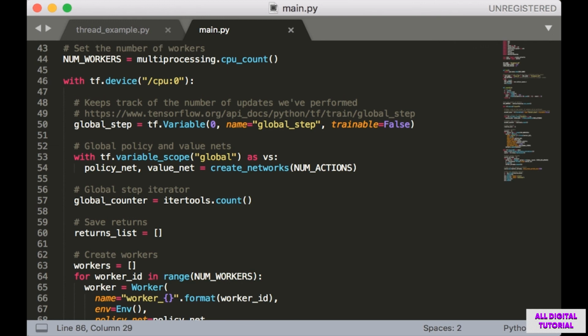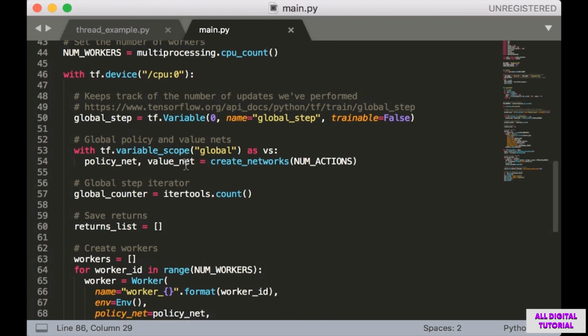Now, if you look closely, one thing you might realize is that it looks like we're not going to use this variable anywhere. Internally, however, TensorFlow requires this for some of the computations we're going to do. So if you try to remove this, your code should actually break. Perhaps this is just bad design on TensorFlow's part.